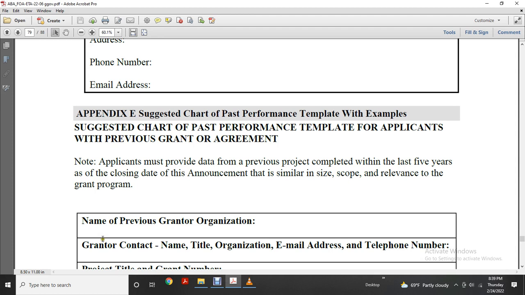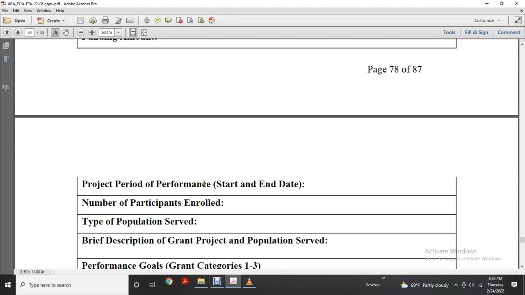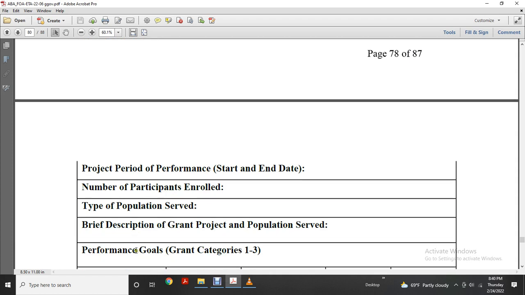Name of the previous grant or organization grantor, contact name and type of the organization, email address, telephone number, the project type of the grant, and the funding amount. Project period of performance start and end date, the number of participants enrolled, the type of population served by the project, a description of the grant project population served, and the performance goal of the grantor,